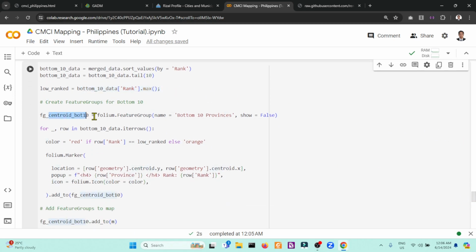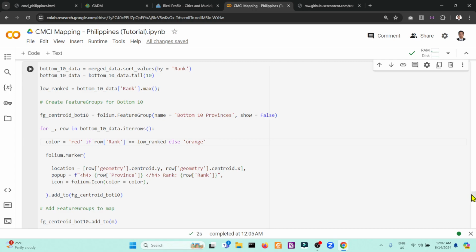Then again, compute for the centroid. So the red one will be the last, and the orange one will be from the lower rank. I will not say worst. 80 and below, which is we have 9.